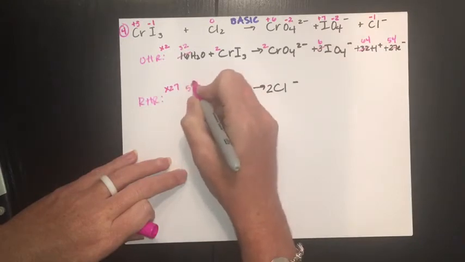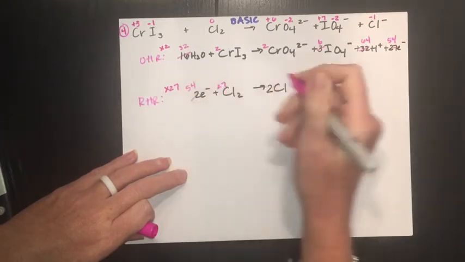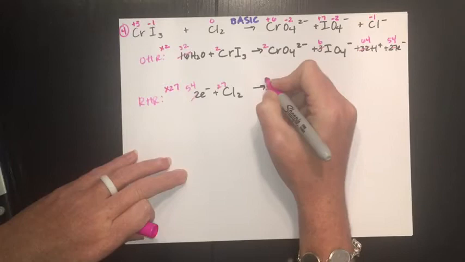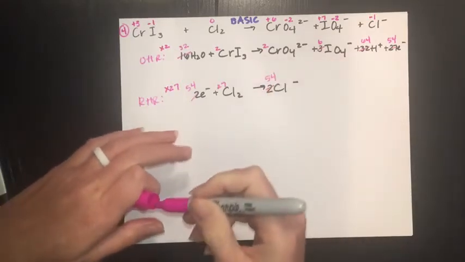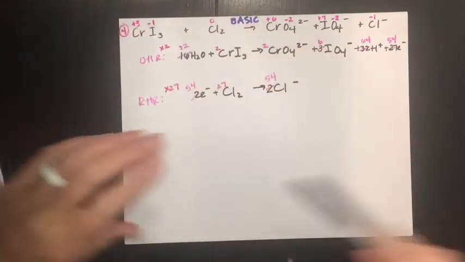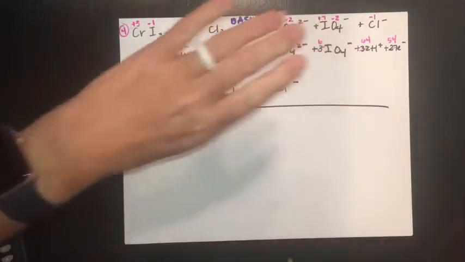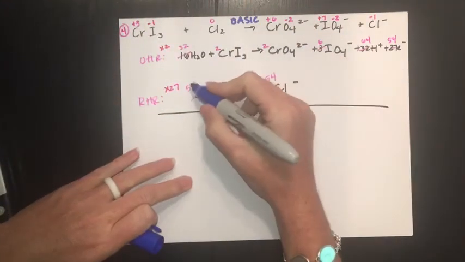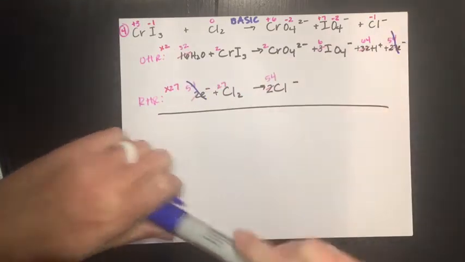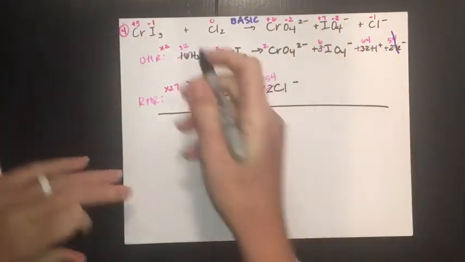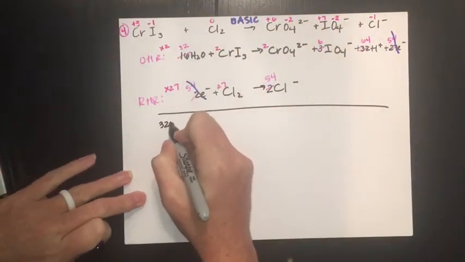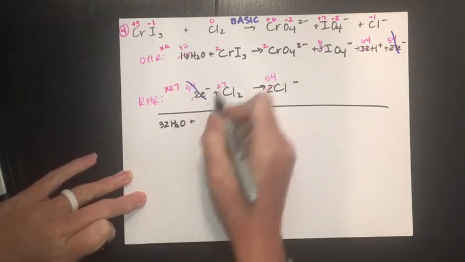So this becomes 54, 27, and then 27 times 2 is 54. All right, let's see, can we cancel anything out? The only thing that we can cancel out in this case is our electrons, which we should always be able to. So those electrons are gone, and then we add everything together, which gives us 32 waters plus 2 of these,